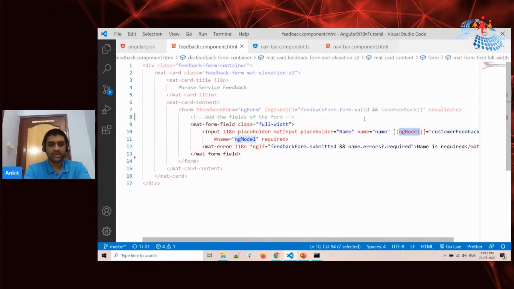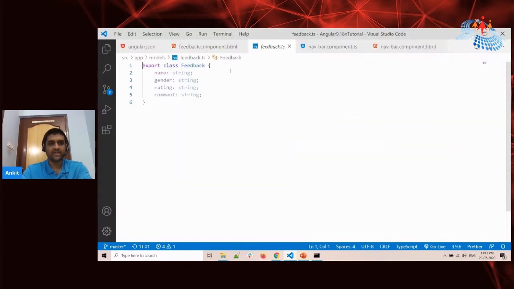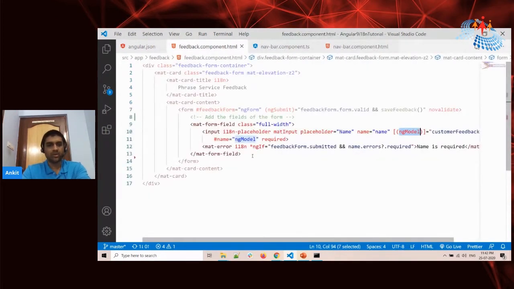I have also created a class called feedback.ts. So here is my code for that. Here you can see this is the code for the class, and I'm binding it to an object for that. So let's